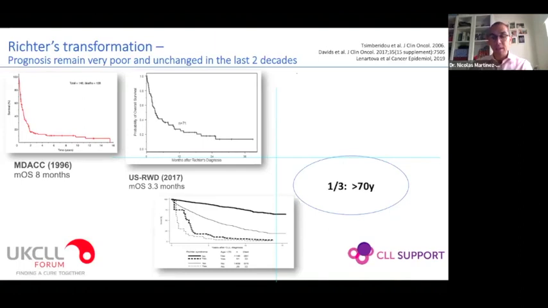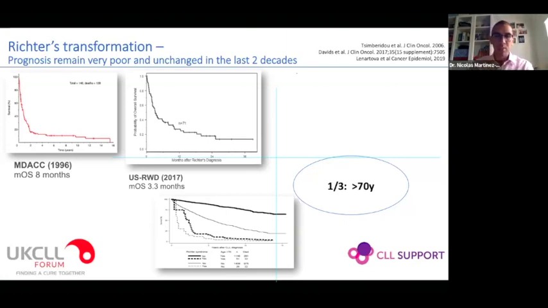And the main hurdle we have to deal with in patients with Richters is actually age, because you can see in this curve the survival of the CLL, which is on the solid lines, whether or not they are above or below 70 years old, and the dotted line is the survival curve of the Richter's transformation, whether they are below or above 70 years old. The bold line is the one that is less than 70, and the non-bold line is the one that are above 70, and that's about a third of the cases of Richter's